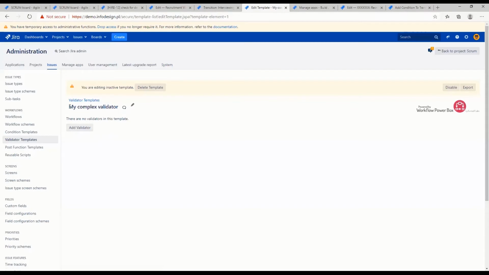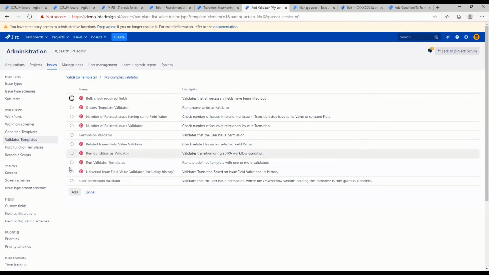Okay, what we do, I have my complex validator, adding new validator. First, what I would like to do, I would like to see this plugin is Workflow Power Box. It will be shown later on. Here I will try to see,